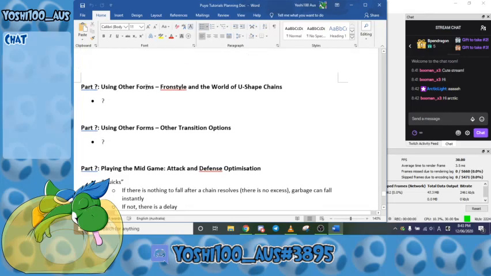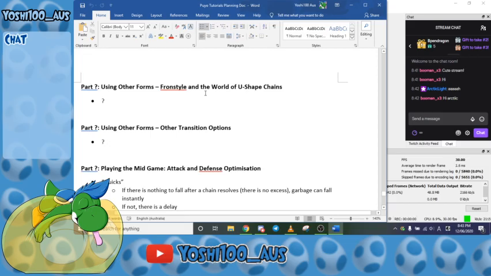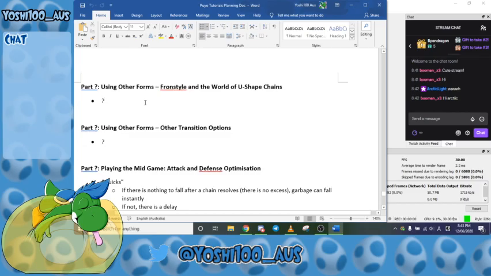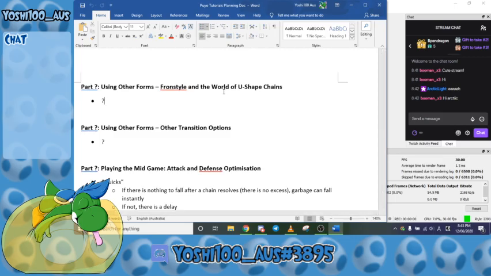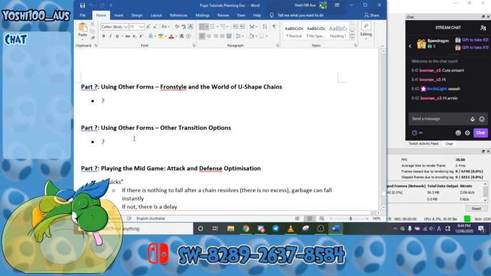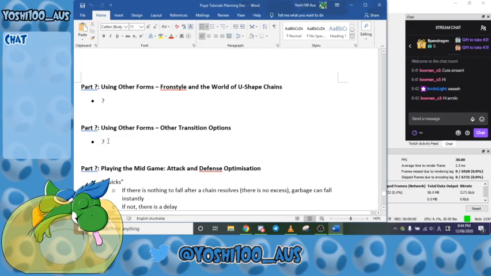I also figured out kind of where I want to go with the using other forms options. We might need more to expand upon these, like we've mentioned, but I think this is a good way to categorize them. So the U-shaped chains themselves are an interesting topic to discuss in their own way. That's where we can talk about front style and the way that you can make it very U-shaped. You can talk about GCR as well, the way that GCR can be U-shaped. It's interesting, but it can follow the same principles. And we can talk about it within one video there, and then perhaps just other transition options, because the way that you form...